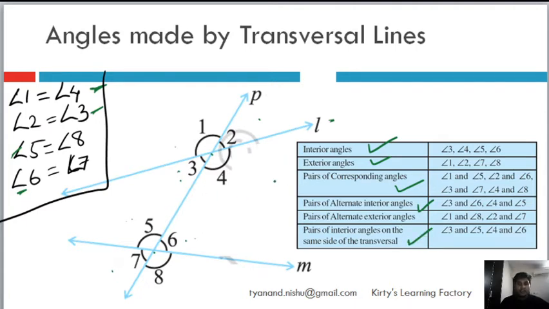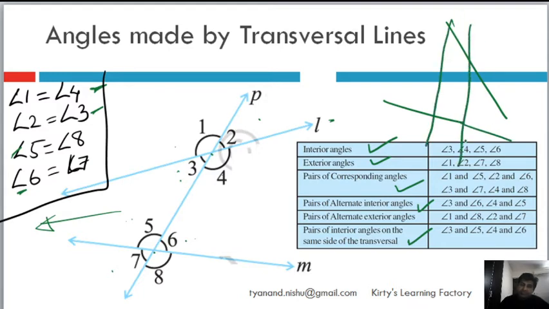So it is all very intuitive. Spend some time, do some sketch work, draw many lines in different directions, and then you will learn how to figure out for different orientations. Orientations means the direction in which the line has been drawn. Right now, as you can see, L and M are converging towards the left hand side. So you draw like this, and then you draw a transversal like this, or opposite, something like this, or even weird, something like this.